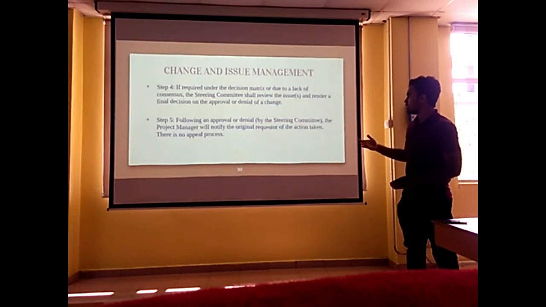Next, if required under the decision matrix or due to the lack of consensus, the steering committee will review the issue and render a final decision on the approval or denial of a change. The fifth step is following an approval or denial by the steering committee, the project manager will notify what action will be taken. Next,